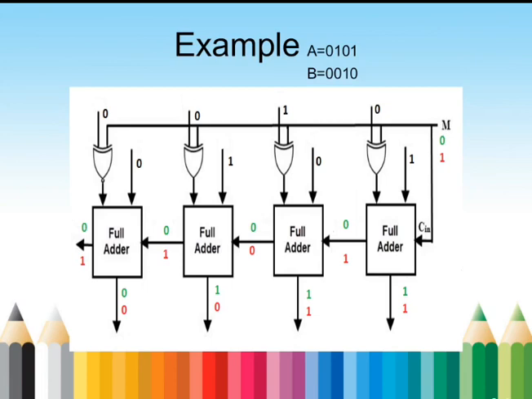And the second carry output is 0 into 1 plus 1 into 1 plus 0 into 1, that is 0. In the same way, the next two full adder circuits are analyzed for the total difference output. Finally we have achieved 0, 0, 1, 1, that is 3. So the difference between 5 and 2 is 3. Yes, we achieved the output. This is what the parallel adder cum subtractor circuit is.